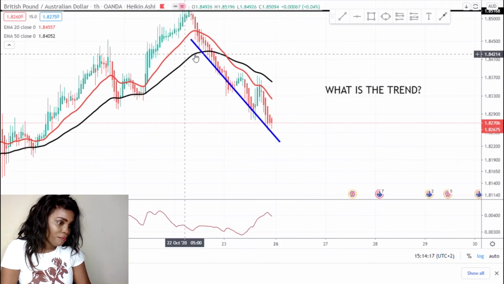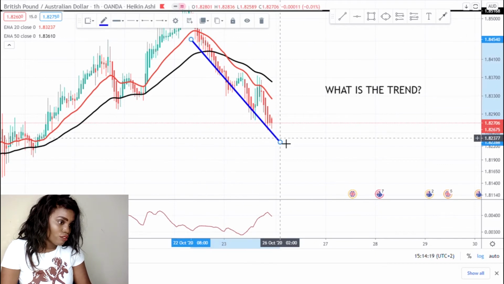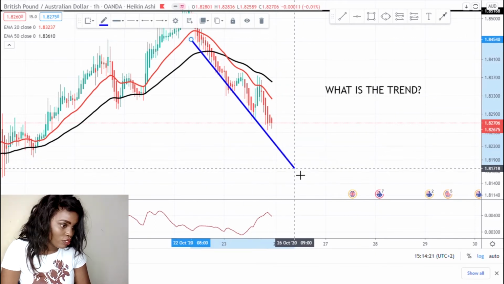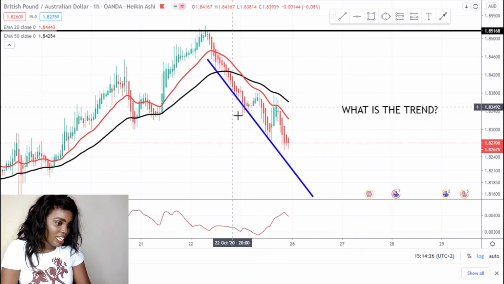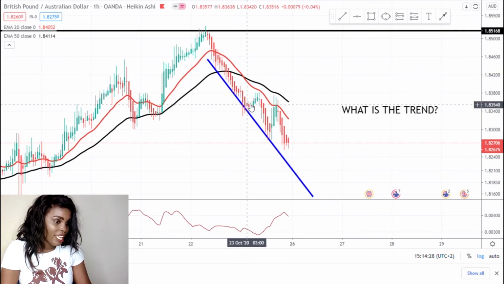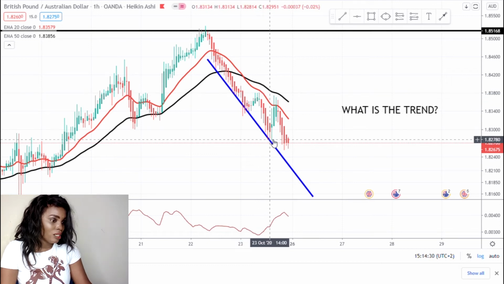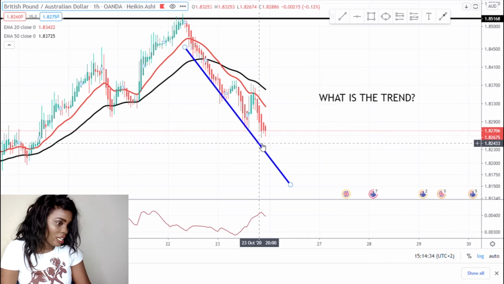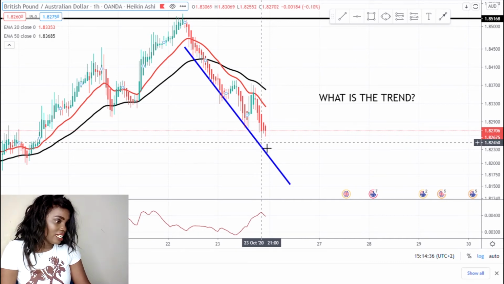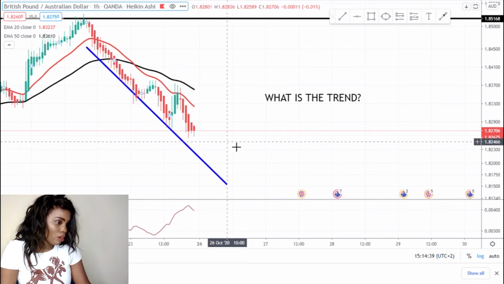You can see the market moved from this point. It moved from this point, and then it came, stopped here, and then retested, came again, stopped here, and then it is like it will continue to come down and touch this trend line. So that's my trend line, and I like always